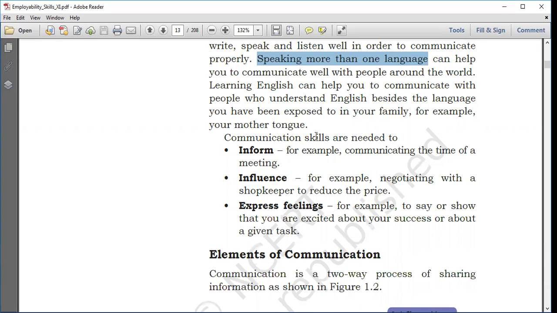Right? Communication skills are needed to inform. Inform means giving some information, right? Communicating the time of a meeting, for example. मीटिंग में हम इंफॉर्मेशन देते हैं तो वो इन्फॉर्म हो गया. इन्फ्लुएंस मतलब किसी को, for example, negotiating with a shopkeeper to reduce the price. Influence is to make some person realize कि भाई ऐसे नहीं ऐसे ही करना है. जैसे हम शॉपकीपर के पास जाके कुछ बार्गेनिंग करते हैं प्राइस रिड्यूस करने की, that is called as influence. You are influencing somebody,